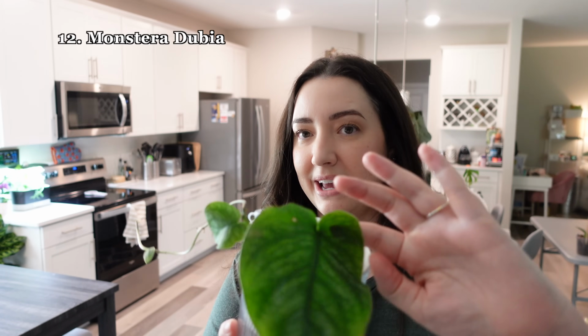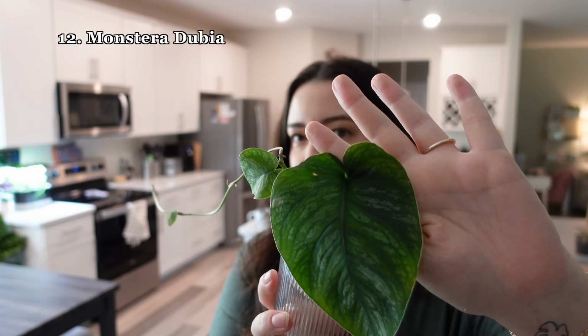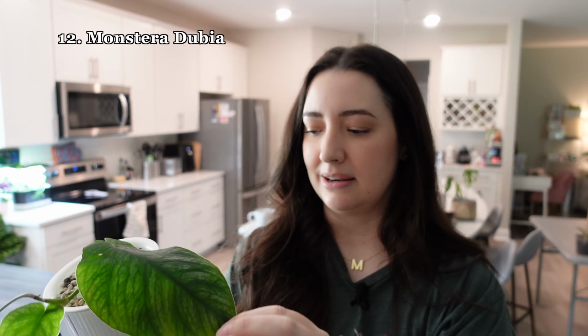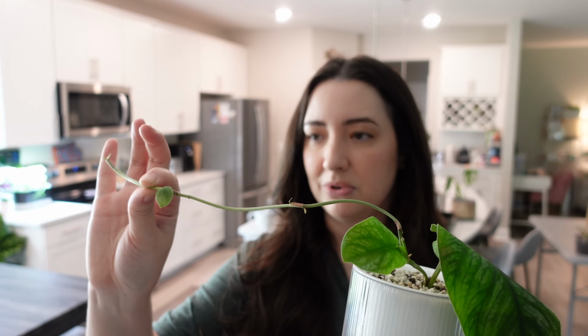So this is Monstera Dubia. This is the only piece that I have left. And again, this was one that I was really looking forward to getting and growing. I had it on a moss pole at one point, and then I let it overextend so many times that I restarted it, I think 3 times. And the cuttings that I took from the pole, this is what happened. The new growth that came in would come in really small, and then it'd do a long runner. And then I would try and prop the runner, and I couldn't get anything to really grow from it,